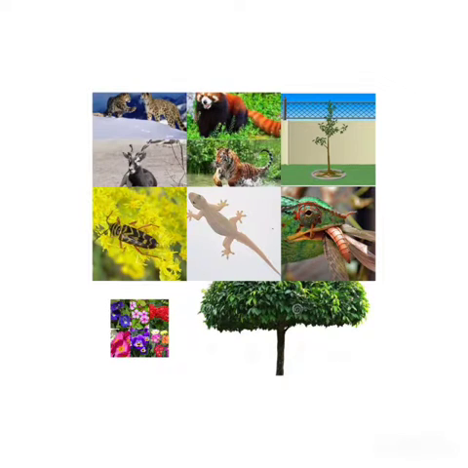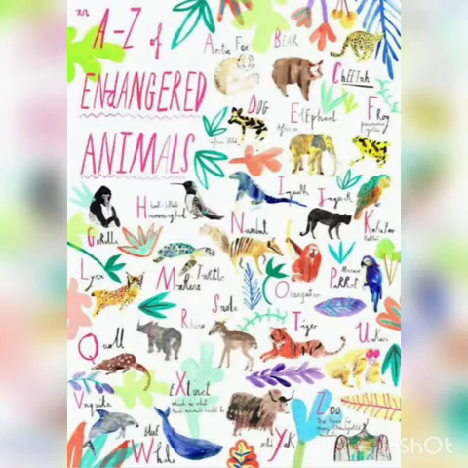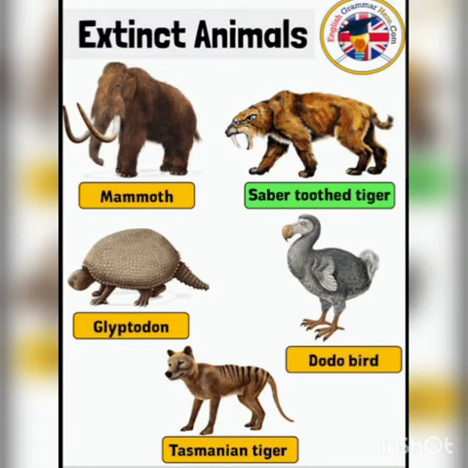Okay children, what is meant by endangered species? Yes, animals and plants are said to be endangered if their population is less than 50. A species of animal or plant that is in danger of extinction is an endangered species. A species whose population is less than 50 is said to be endangered, whereas a species whose population is reduced to 0 is said to be extinct. Extinction means dead, vanished, lost, gone, etc.